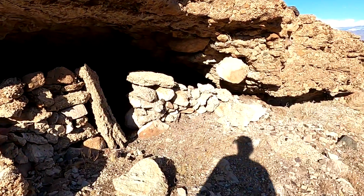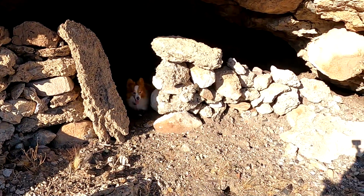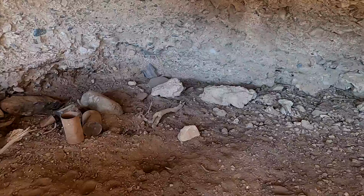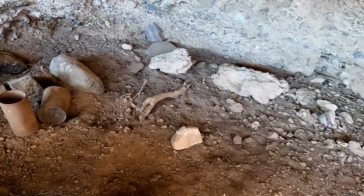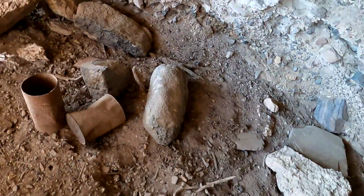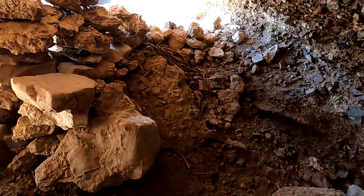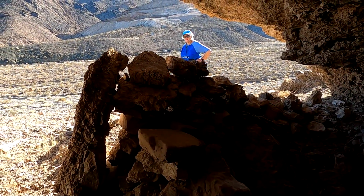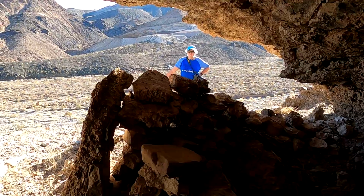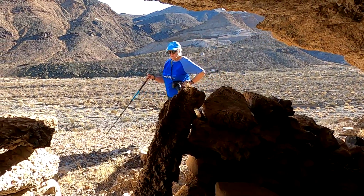Wow. Indeed, somebody has made this into some sort of a room. Oh, cool. A couple of cans in here. Wow. Somebody really worked hard to get this stuff piled up. They did. I'm not exactly sure what they did here, if they lived in here or...